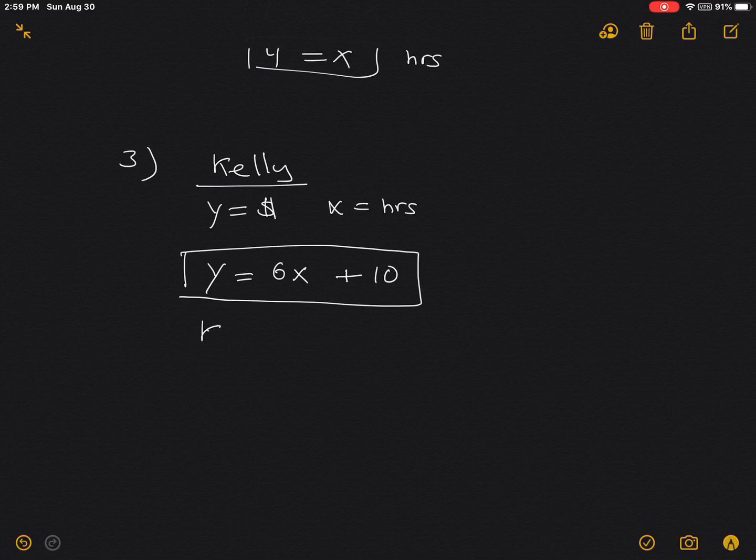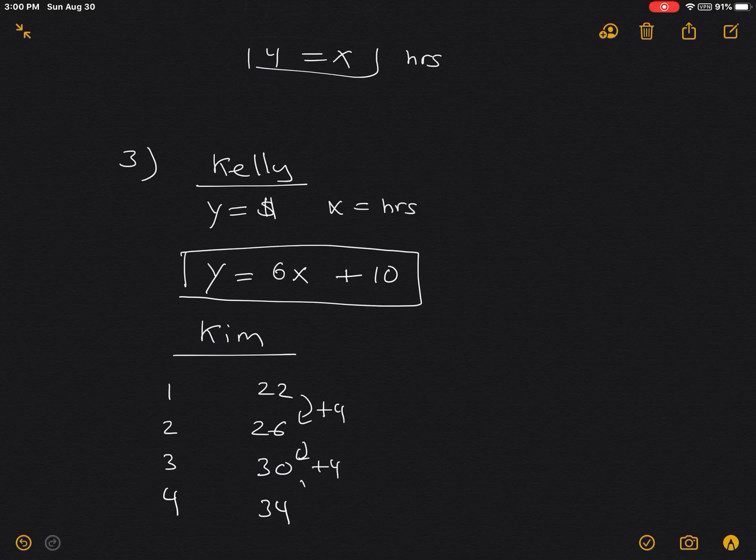And if I ask you, what's Kim's equation? Let's write an equation for Kim. And just look at the table right here that's provided for you. Notice it's increasing by 4 for the y values. They even tell you that this column right here is your y. And it's increasing by 1 each time. So for the x,